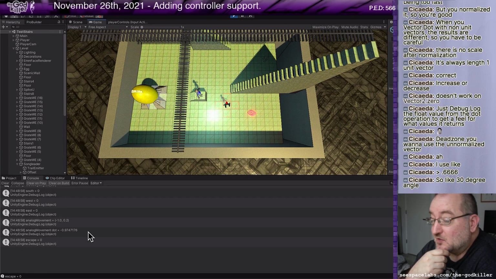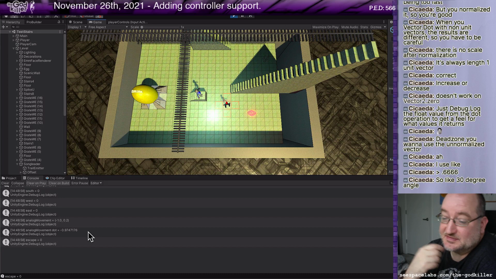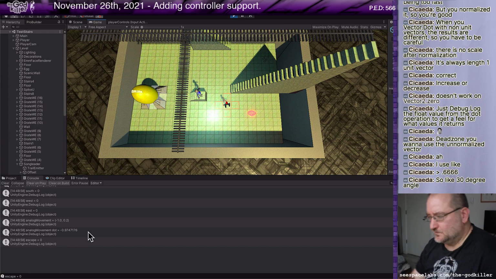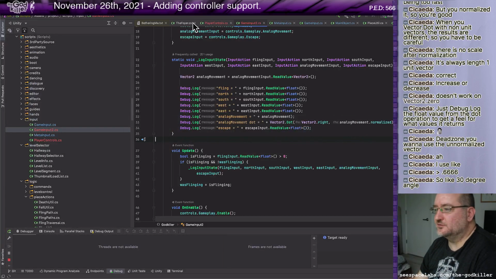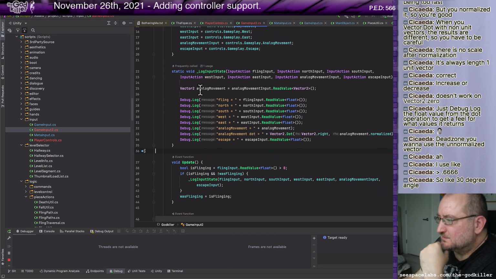Yeah, and I'll probably be a little bit harsh on that threshold, just because it means a lot if you push that diagonal and you go up instead of left and you meant left. It means a really bad thing could happen, a really unsatisfying thing for the player. So I'll probably be a little harsh on it. Okay. So yeah, let's just write this. I don't think it's going to be too hard. Let's see.